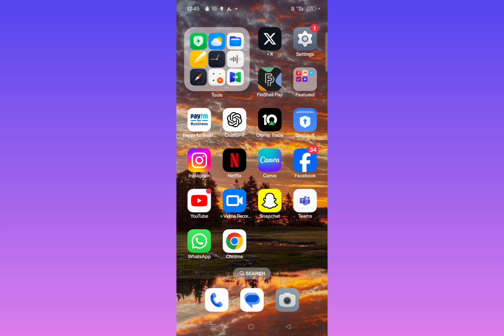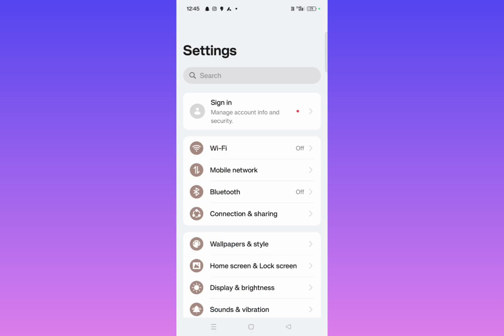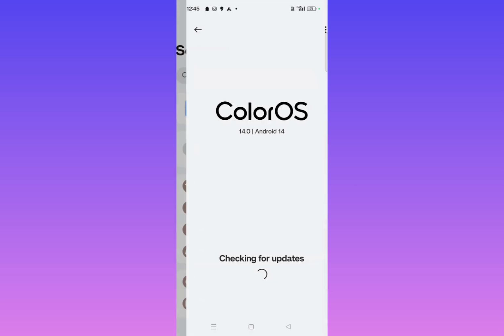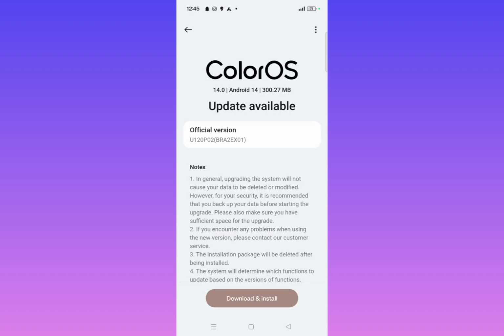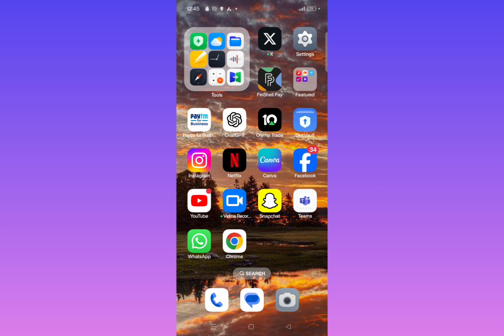So guys, again, if it is not working, then you have to go to your phone settings and check whether your phone is asking for any kind of update or not. You can see this type of thing will be available. If your system or software is asking for any kind of update, make sure to update your device. After updating your device, you have to delete your Instagram, then reinstall it, wait for some time and connect to a good network connection, and then your problem will be